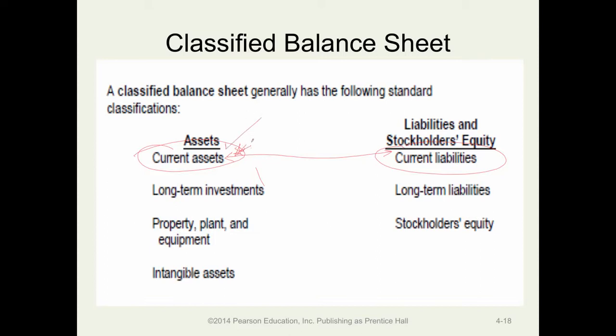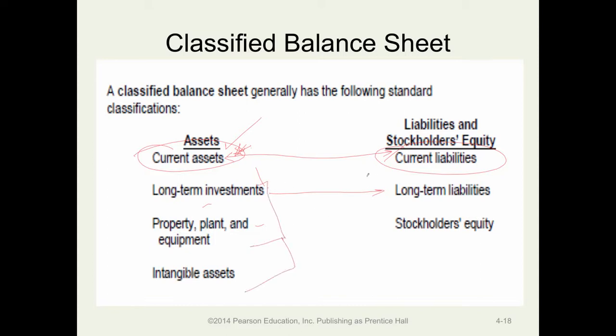So you expect to get cash in here, and that cash will be used to liquidate or pay off those current liabilities. On the other hand, if the liabilities are, or the assets